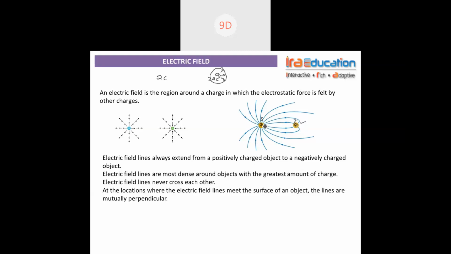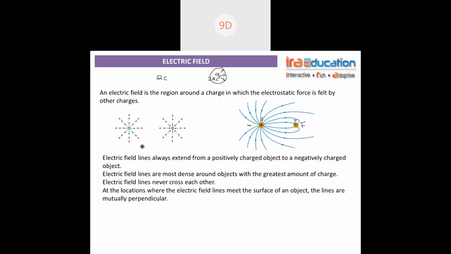Okay, see, electric field. Now you can determine the direction, or the nature of this charge. The direction is inside, inside, inside. Which charge has an inward direction? Negative. This one, the field lines are going away, away, away. Away means positive. So by seeing the diagram, you are able to detect whether the charge is positive or negative. If the field lines are going towards the charge, it is negative in nature.